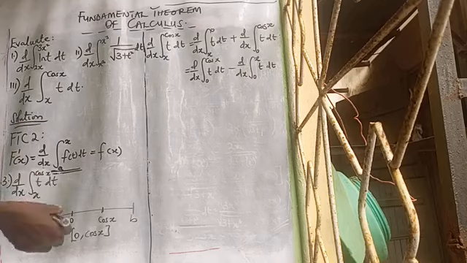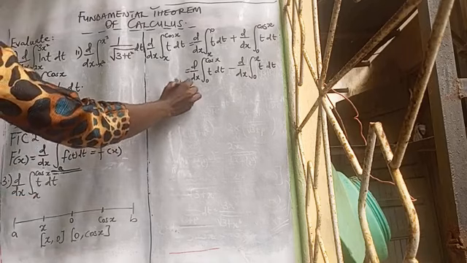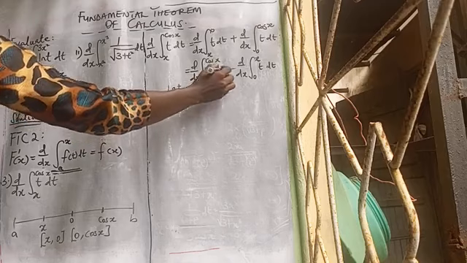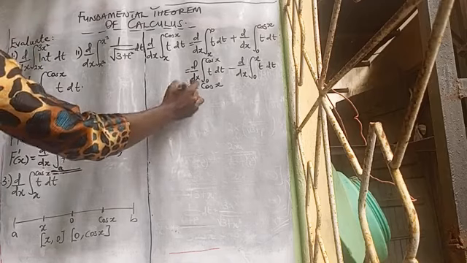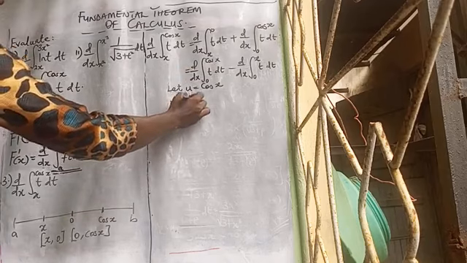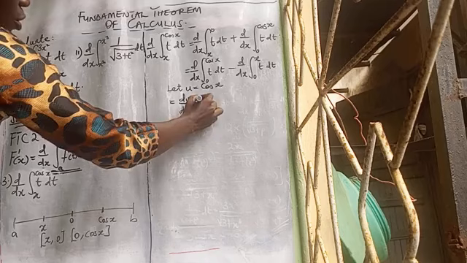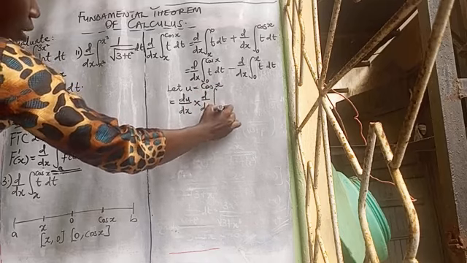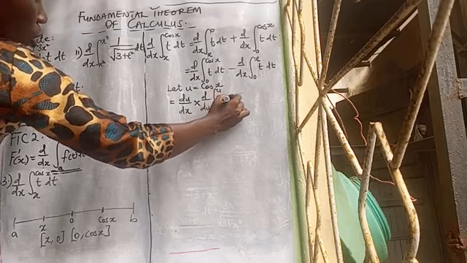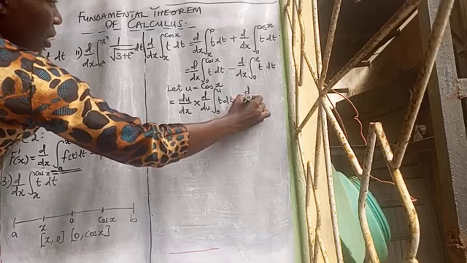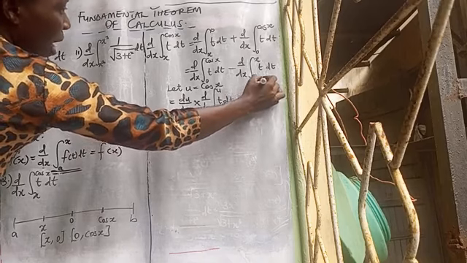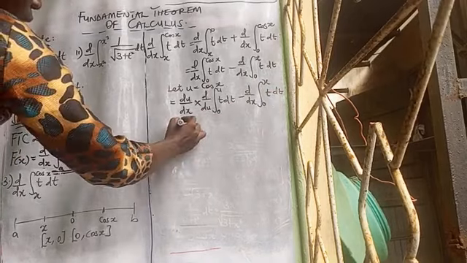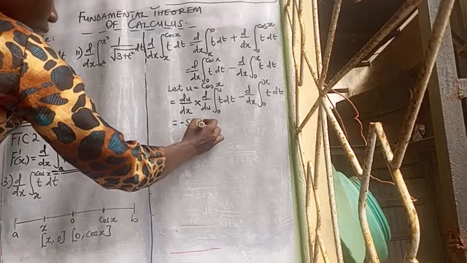So as we have been doing before, we perform something like the chain rule. Let u equals cos x, and so this becomes du dx times d du of the integral from 0 to u of t dt, minus d dx of the integral from 0 to x of t dt. That is minus sine x